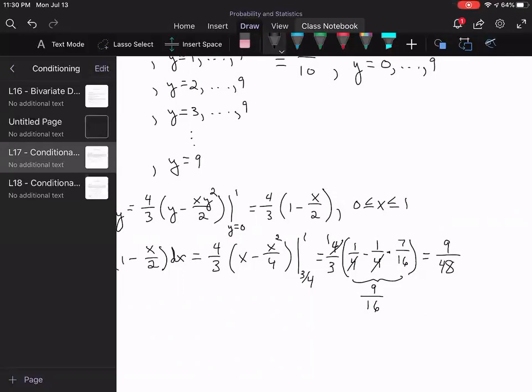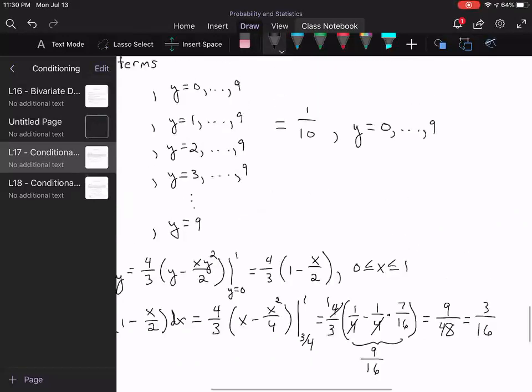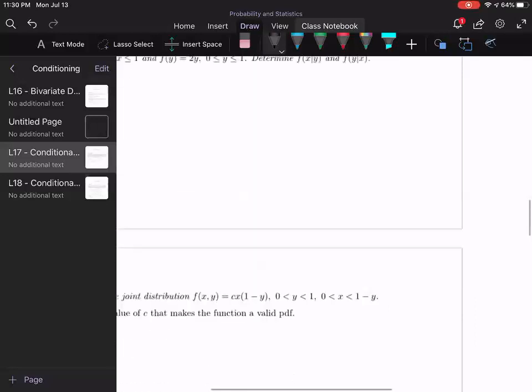Simplifies a little bit. I should have divided through by the 3. And we get 3/16. So remember, this is the denominator. So now we also need the numerator,